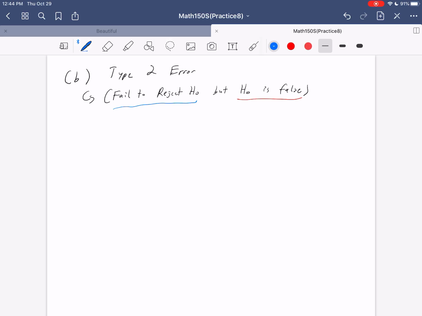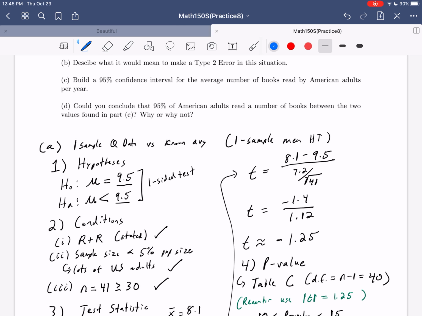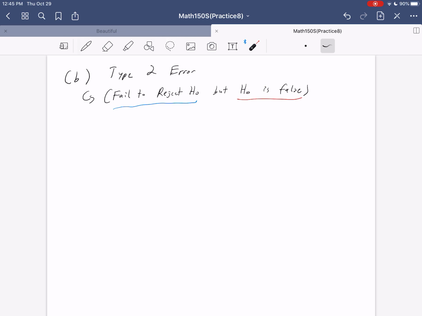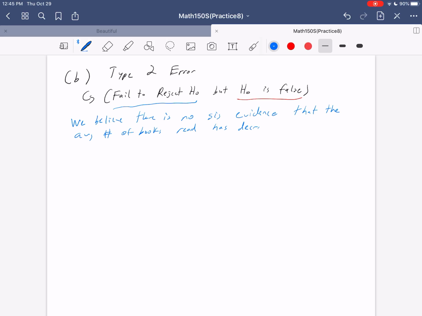So to start off with, let's talk about what it would mean to fail to reject H0. We actually just did that, right? We said that was the conclusion we came to. So it's nice and easy to write that. It means that we think that there's no evidence that the average has decreased. So we would say type 2 error is we believe there is no significant evidence that the average number of books read has decreased. And then we'll put our little conjunction, our glue word, but in reality,